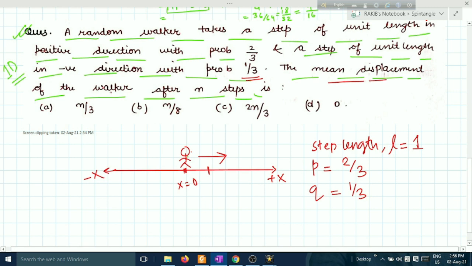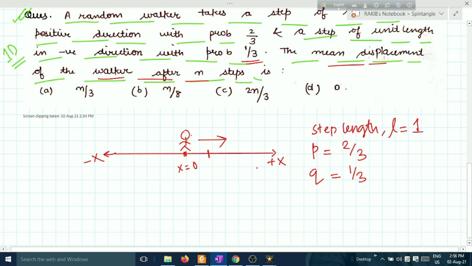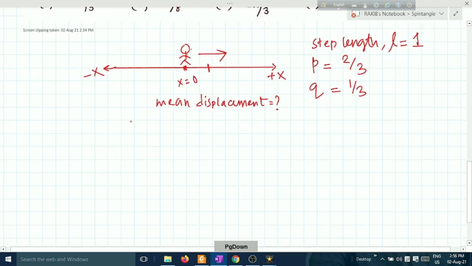The mean displacement of the walker after n steps. The question is, what is the mean displacement? So we know these are the given quantities. Let's say the displacement is given by, as we discussed in the previous section,